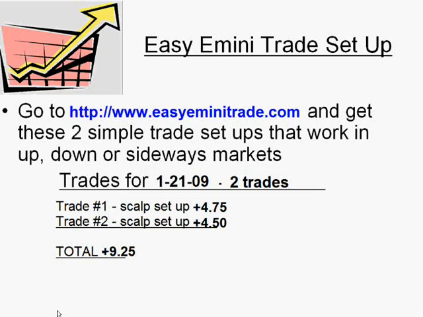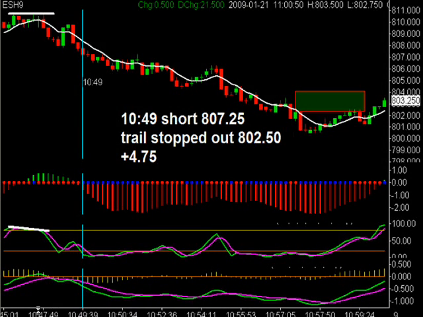I took 2 trades using scalp setups actually today, and you can check those out at www.easyemintrade.com. The first trade that I took today was at 10:49, and I went short right here where this vertical